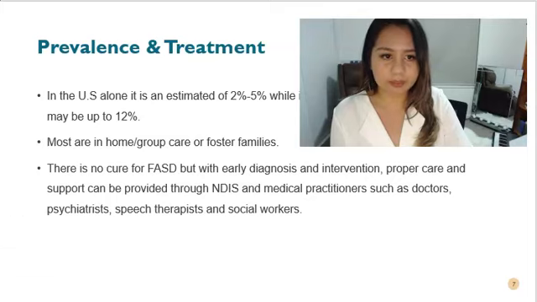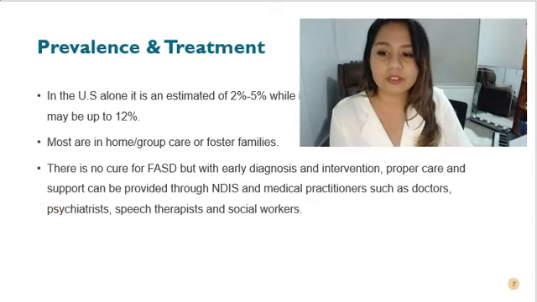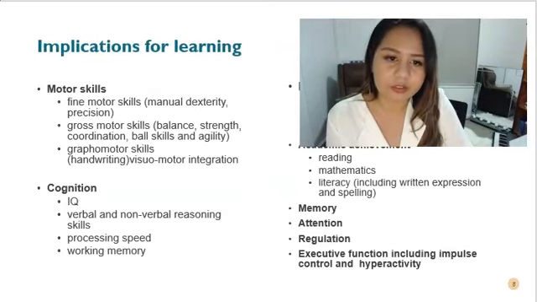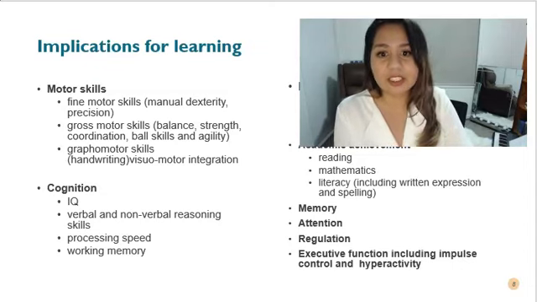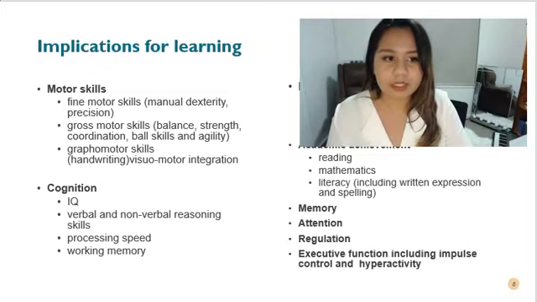So now, because we're talking about it in a school setting, let's talk about the implications it may have on learning for a student that has FASD. You can tell already that as a result of the impairments associated with FASD, individuals can find school very challenging and suffer academically, as their brains are wired differently due to the damage done from prenatal alcohol exposure. In the classroom, the student may process information differently and struggle with comprehension and memory, and it may take more time learning new concepts, as they are easily distracted and can be disruptive.